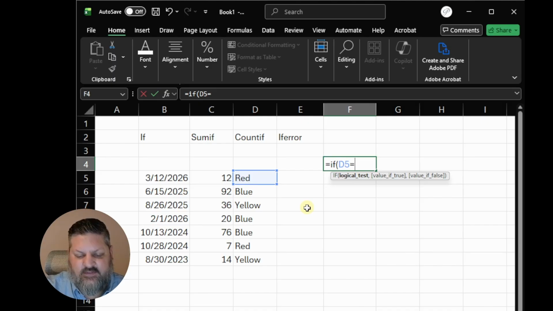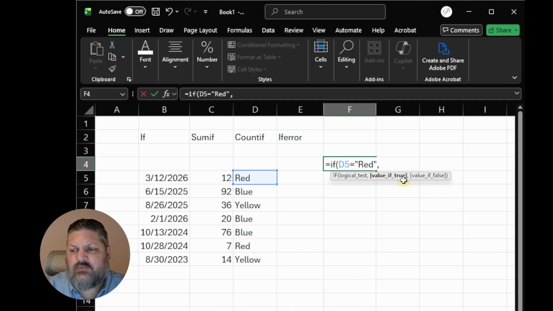If cell D5 equals "red", and then we're going to advance to the next portion of the formula. So again, this is our logical test. Does the cell D5 equal the word red or not? So if D5 equals red, comma, to advance to the next portion of the formula,